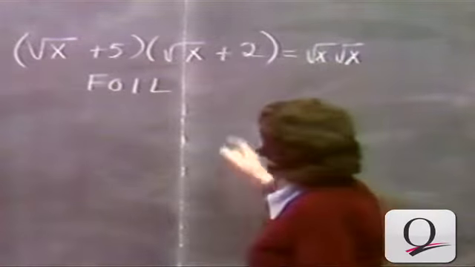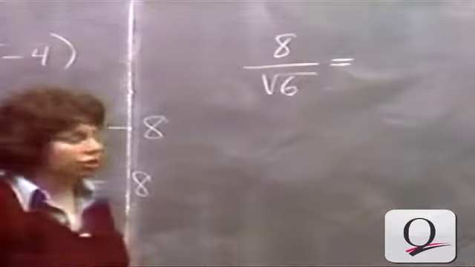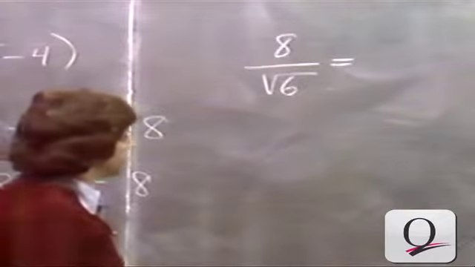Okay, now that takes care of multiplication. Now, as we get into division, I want to recall how we rationalize denominators. Let's start with a simple example, 8 over the square root of 6. If you recall, 8 over the square root of 6 is not in what we call simplest radical form because there is a square root in the denominator. There's a radical in the denominator. Okay? The procedure for putting this into simplest radical form, which rationalizes the denominator, that is, replaces the denominator by